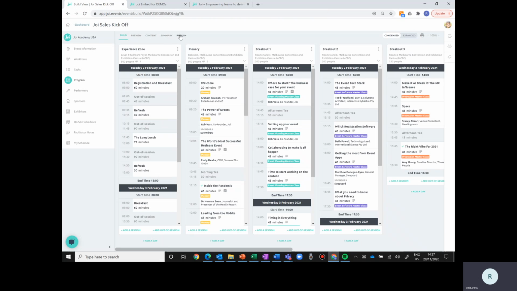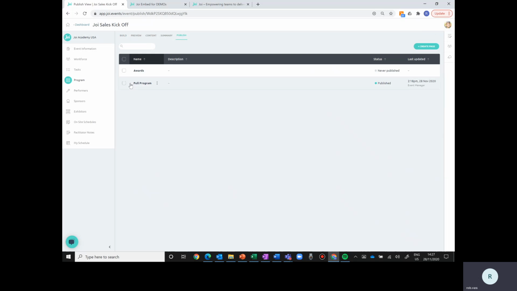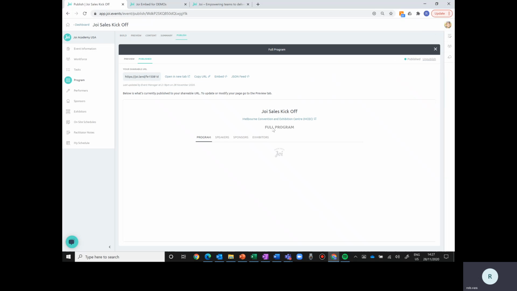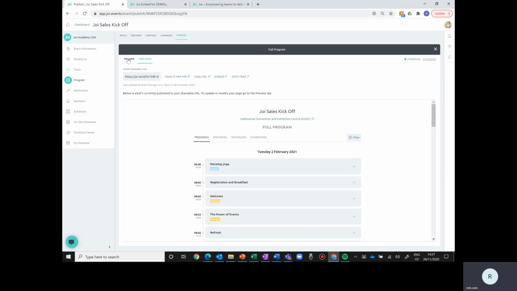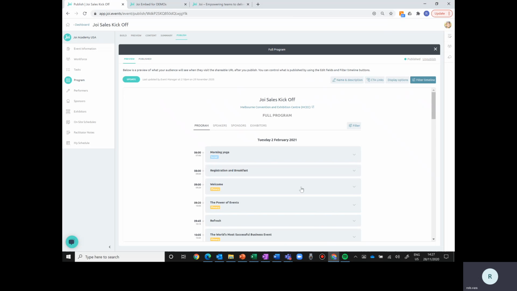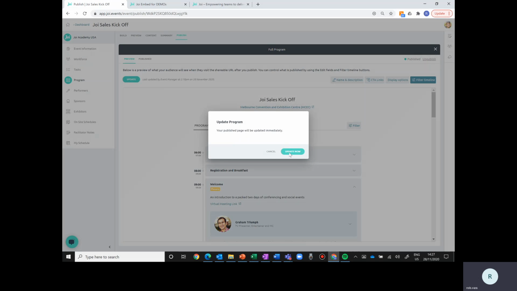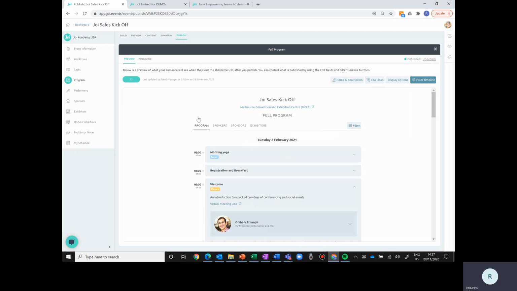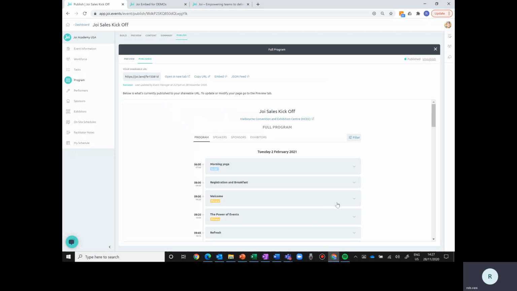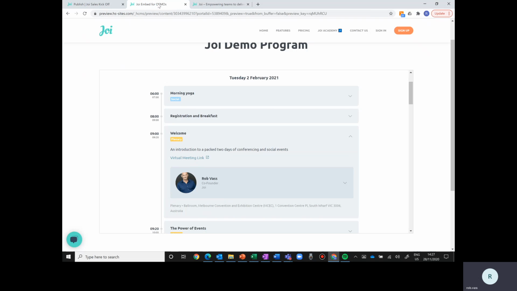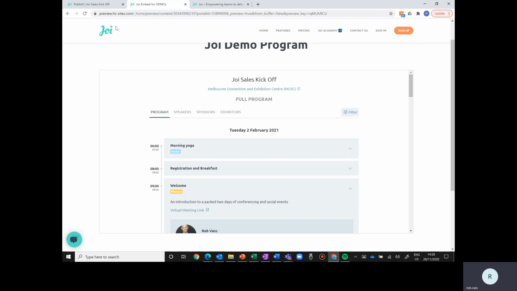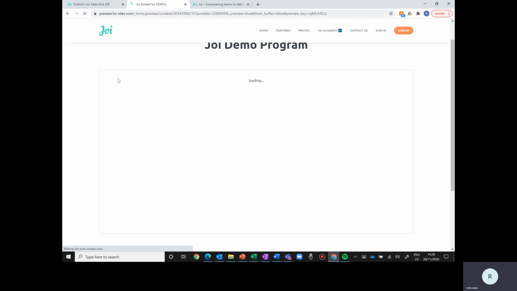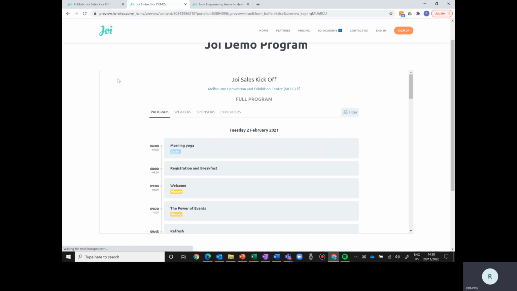So I go back to Joy, I go to my publish, open my full program, which is the publish link I have to that. I preview, I can see the changes I've made that Graham Triumph is in it. I update, and that will now update my published. So my published view changes to Graham. If I go to my website and refresh that, so if someone was going in for the first time or someone going in again, they